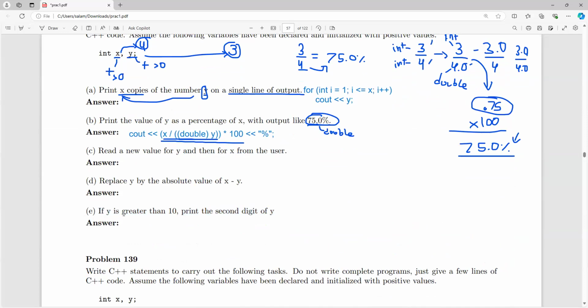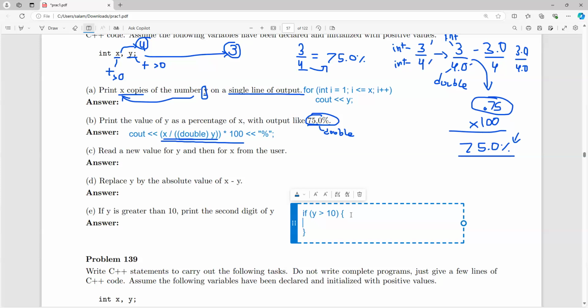Okay. If y is greater than 10, print the second digit of y. So let's go step by step. First step, we want to check if y is greater than 10. What would we use? Let's use an if statement. So if y is greater than 10, print the second digit of y. I believe we will use a while loop here. The reason why I'm saying we might use a while loop is because if it's greater than